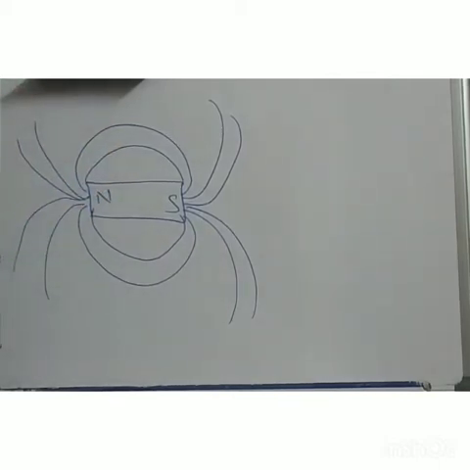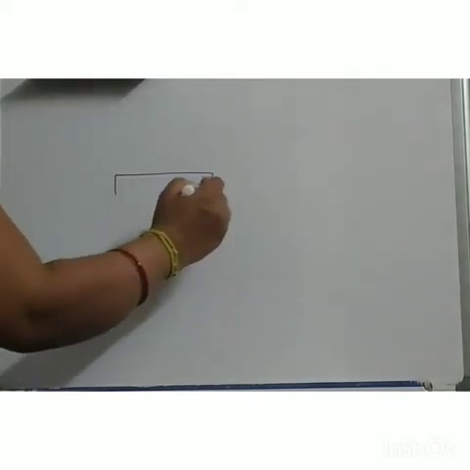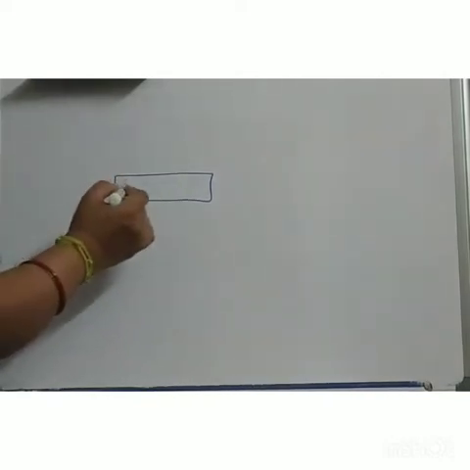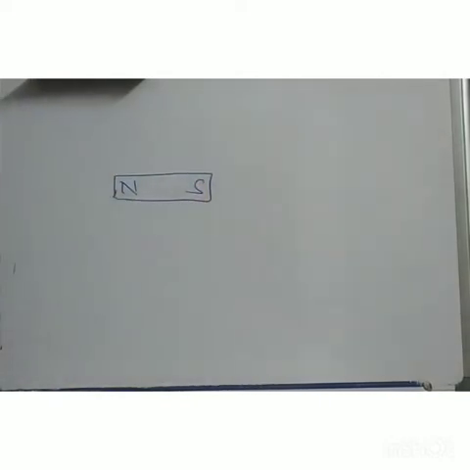Now we will try to draw these lines again by doing another experiment in the lab. We will take a magnet first. What is a magnetic field line? It is only a representation of your magnetic field, and these are imaginary lines. Now suppose a magnet is over here. This is your north pole and this is your south pole.